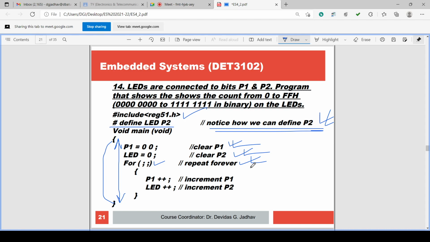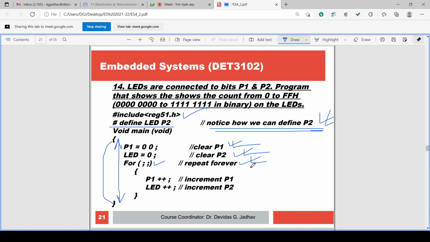Okay. Instead of assigning a value to the port, the ports are assigned initial values and they are incremented continuously, every time by one. Port itself is incremented: P1 plus plus, LED plus plus.